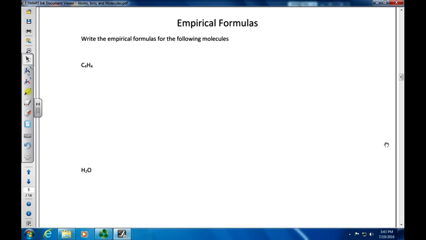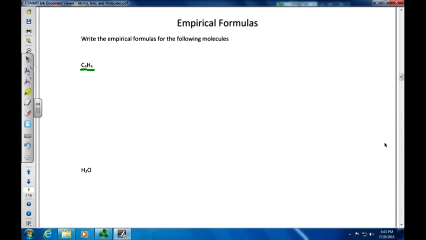Empirical formulas. In chemistry, when referring to an empirical formula, we are referring to the simplest version of a molecular formula. And whenever you're looking at the simplest version, you're looking to divide each species by their greatest common factor between them. So in looking at this first example, we have